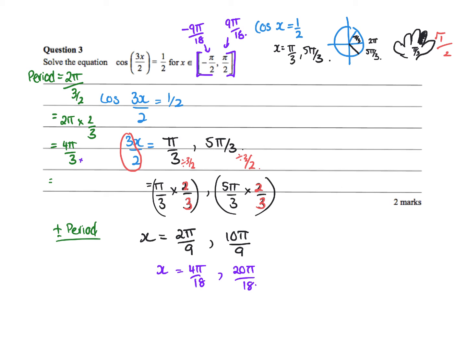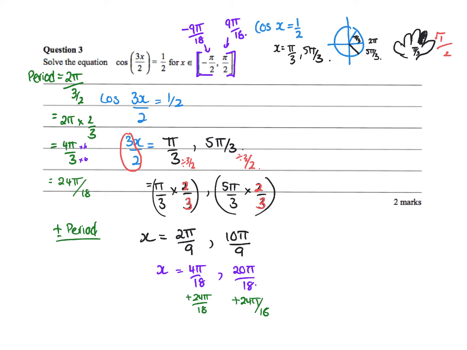So I'd have to times that by 6, and I'd have to times that by 6. So I end up adding 24 pi over 18 to all of these answers. So add 24 pi on 18, add 24 pi on 18. So that would take me up to,